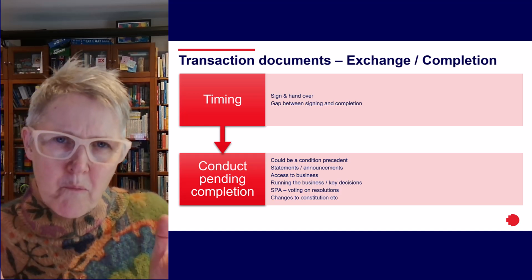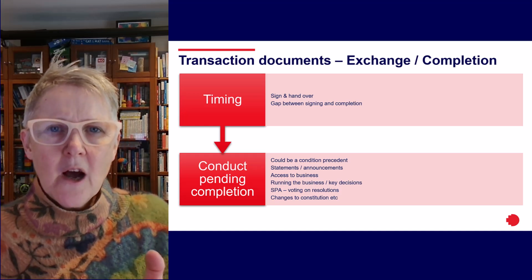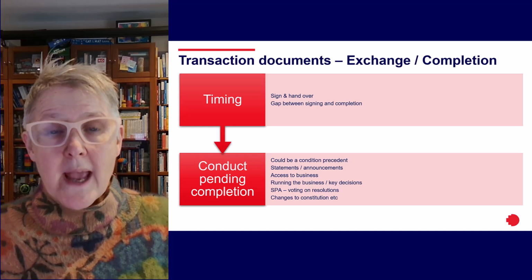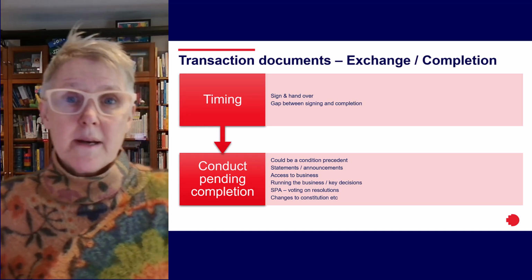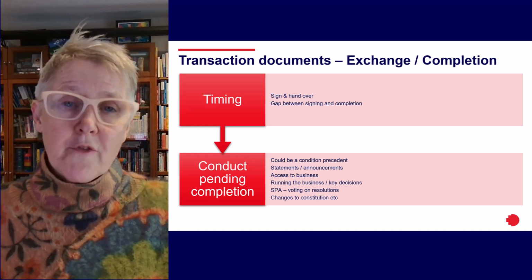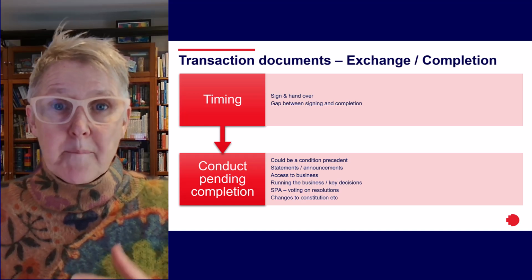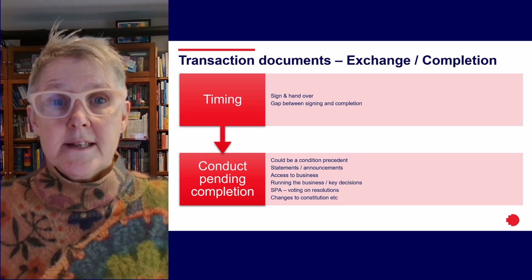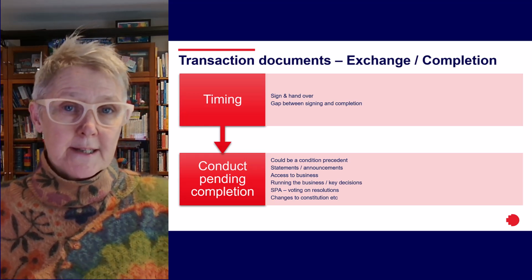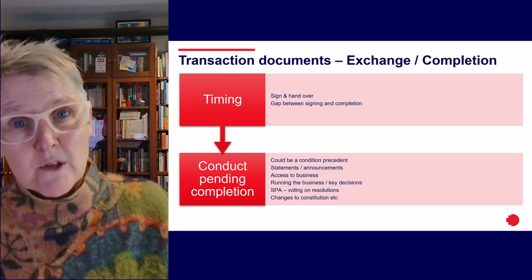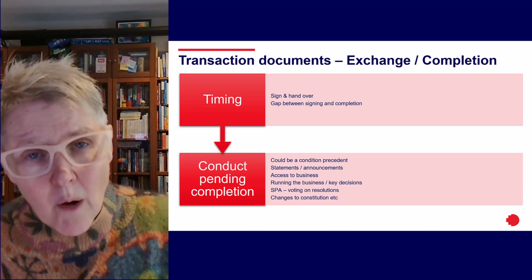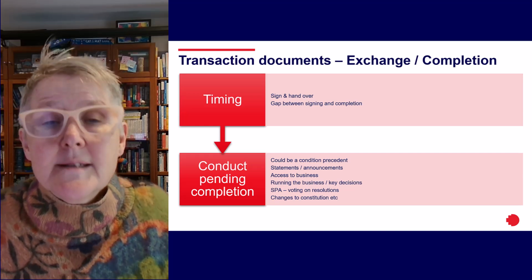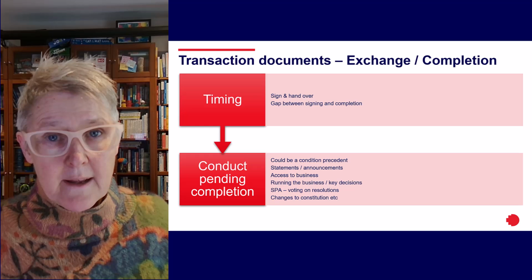But more often than not, we have a gap between the time that parties exchange signed agreements and we end up with a conditional contract. Well, we might end up with a binding contract, but quite often if there are conditions precedent to the agreement becoming binding, then the agreement is conditional on the completion of those conditions precedent. Conditions precedent are something that I've talked about ad nauseam because they're really common and they can be quite complex, and they are as different as every arrangement that you might think of.